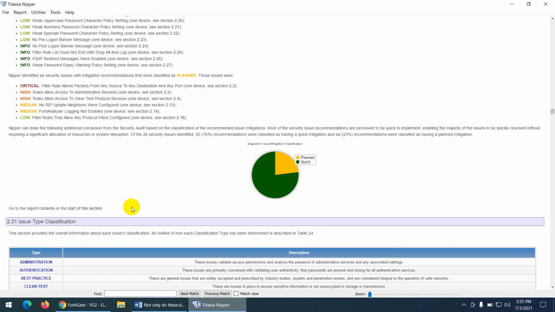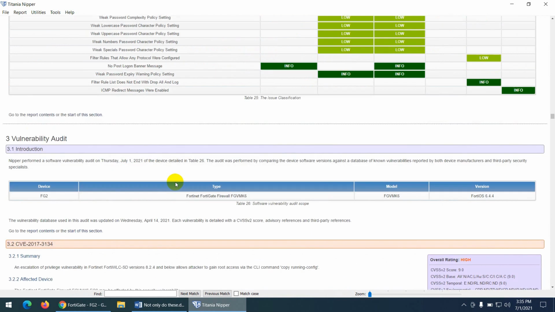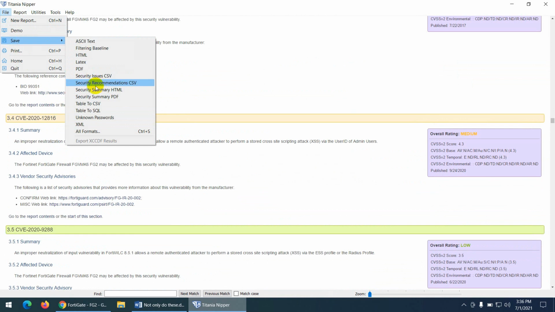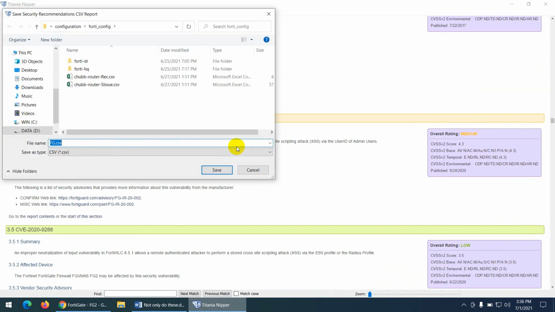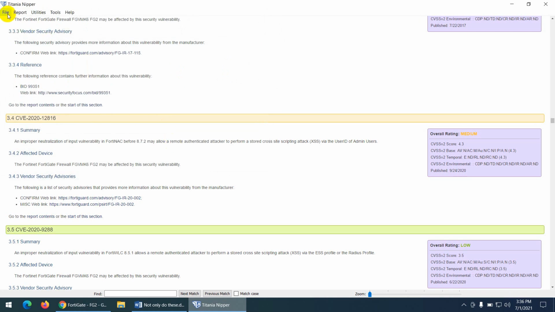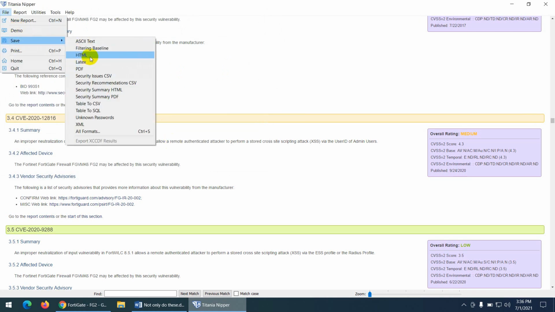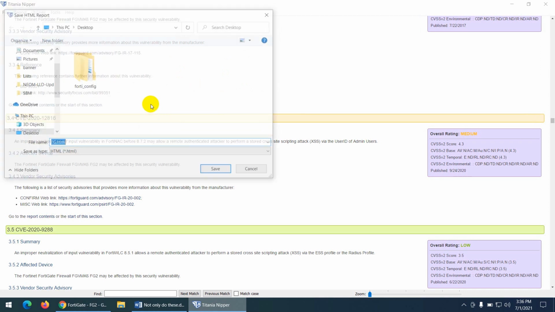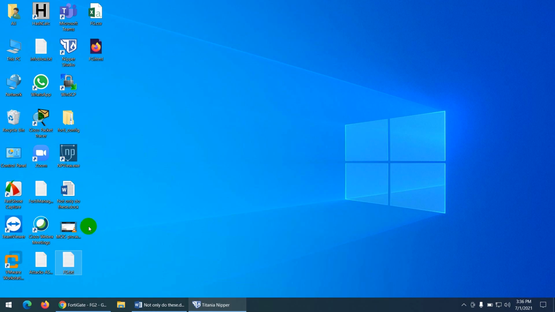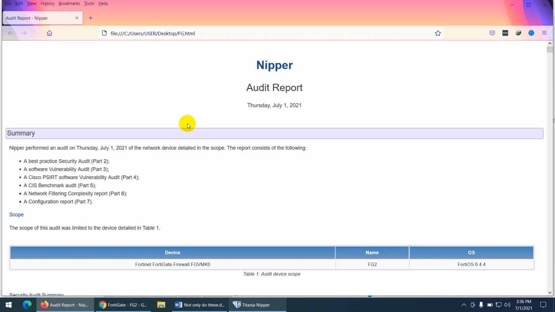Okay, and so many other things are mentioned. They put you in a good table view. You can save this report. Normally the security recommendation in an Excel file, which I normally do. So you can save that one, and you can save the report as HTML or PDF. Suppose I store it as HTML to show you for future use. If I open this one, it will open in an HTML format.